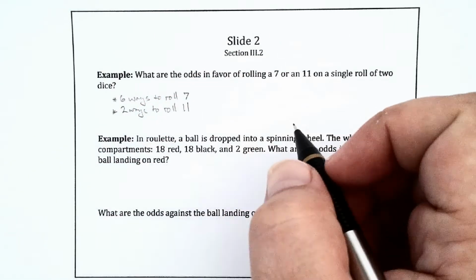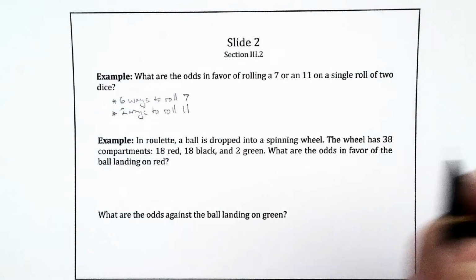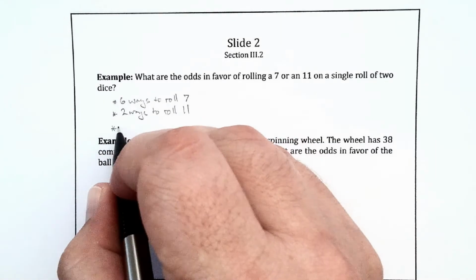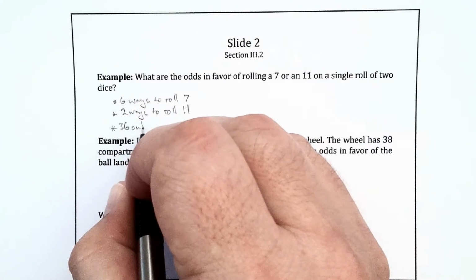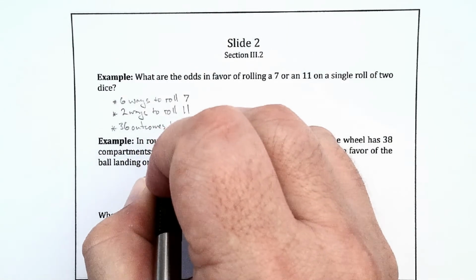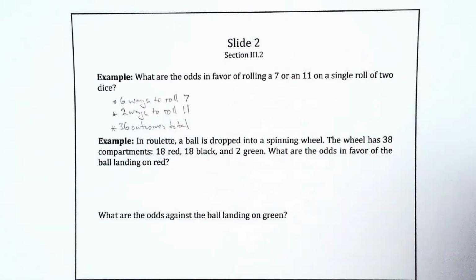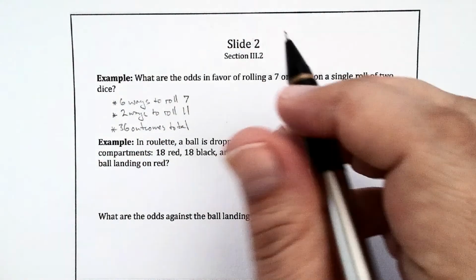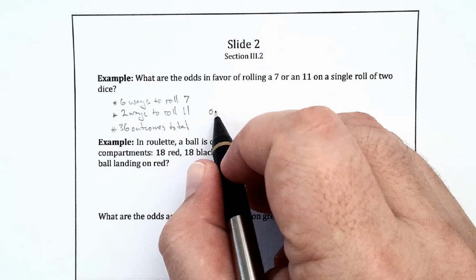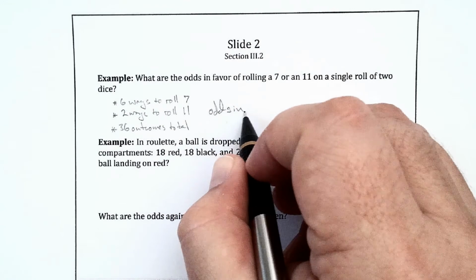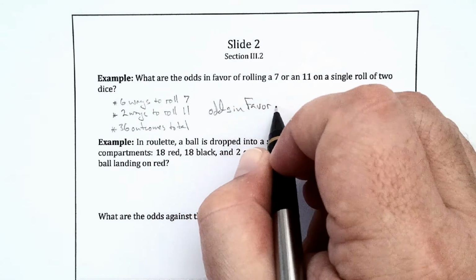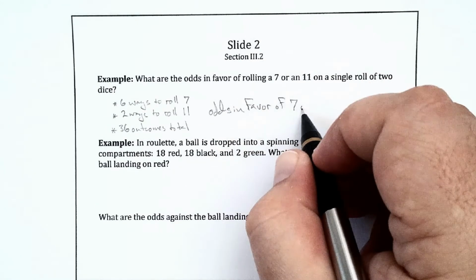And there are, as we have seen, 36 outcomes total. So the odds in favor of 7 or 11